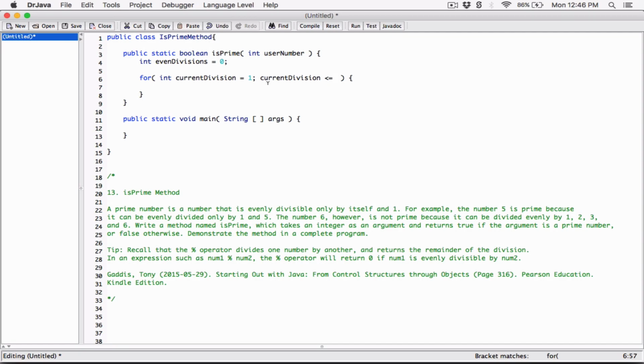Okay, so this is where we have the number here. I thought we were prompting the user for that. We have a method here. The user is going to pass in the number here. All right, so as long as the current division is less than or equal to,